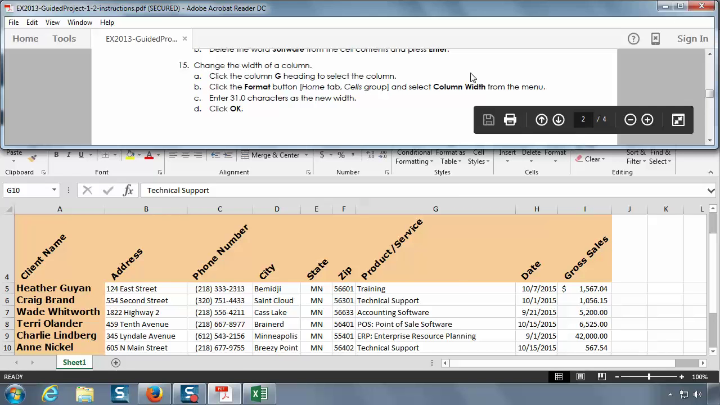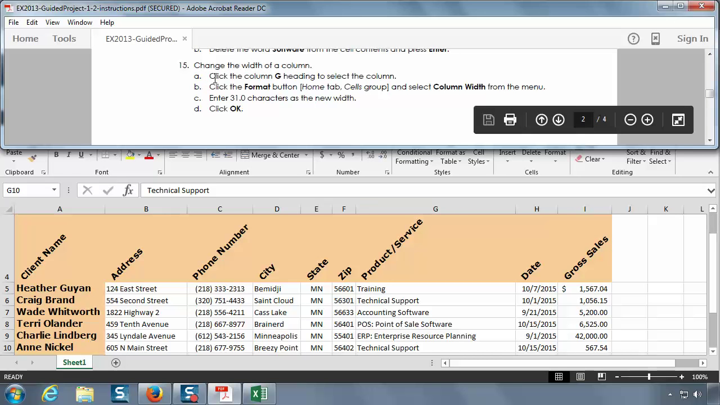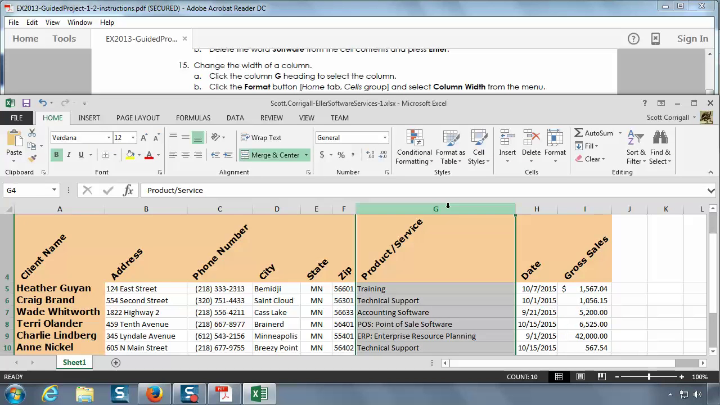Now we're going to change the width of the column. Notice this one actually makes things smaller when we take the word software out. That had been our largest. So we're going to fix that and make this column smaller so it fits more appropriately. It says click the column G heading to select the column. Before we've been doing ranges where you get a specific number of cells, and we've been choosing about 11 or 12 at a time. The quick way to get this is if I click the letter itself for this column,